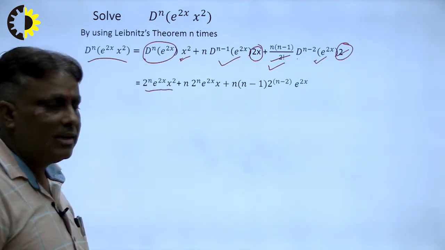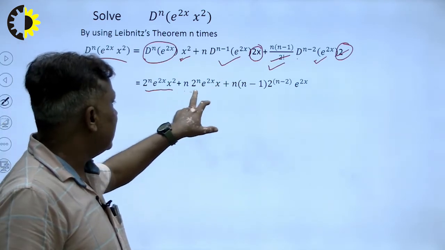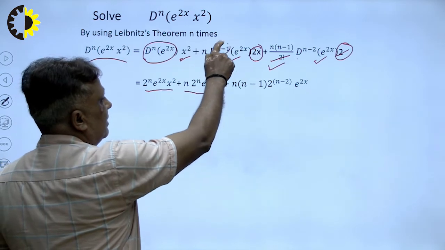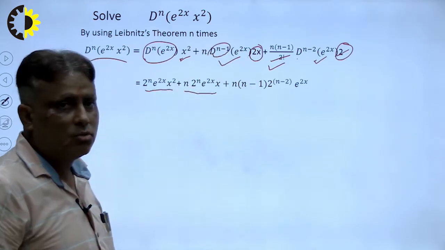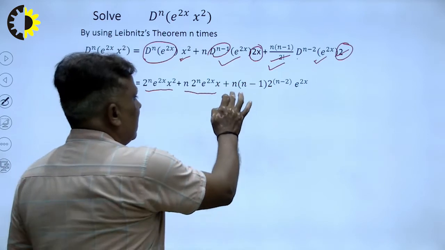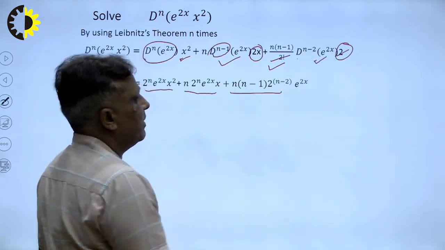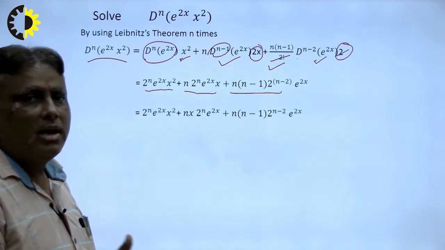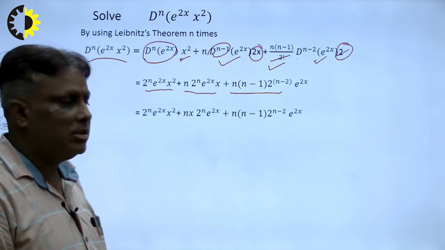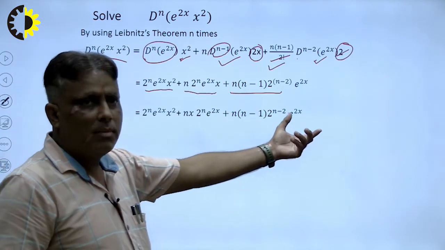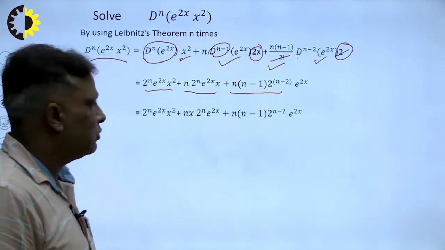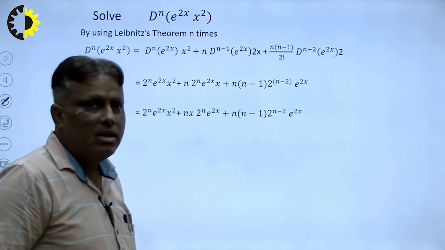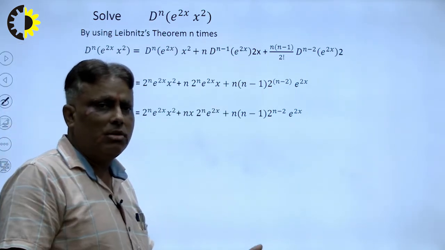First step is clear. Now the second step, n is as it is. What is the differentiation of 2? So 2^(n minus 1) and 2 both are adding, so 2^n here, right? And the 2 cancels out, and 2^(n minus 2) x. In this way we can find our answer and rearrange the terms. So this will be our final answer after applying the Leibniz theorem n times. So students, keep in mind, when we solve step by step and become familiar with this, we can solve directly, right?